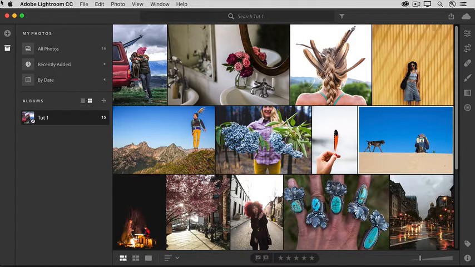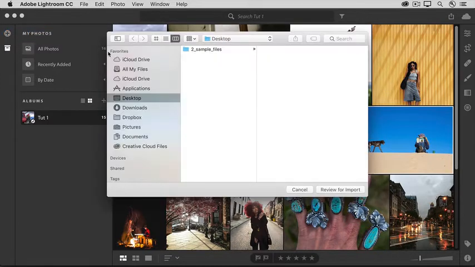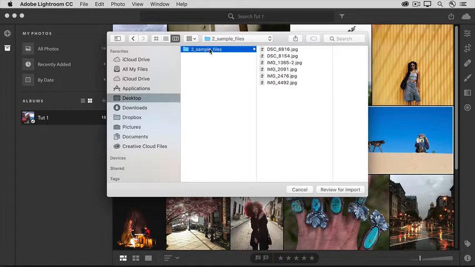If you're following along with the sample files for this tutorial or with your own photos, add those to Lightroom CC as explained in the first tutorial in this series. To remind you, download the sample files from the tutorial page and then click the Add Photos button in Lightroom CC. Navigate to the sample files for this tutorial, tutorial number 2 in this Get Started series. Select the sample files folder and then click the Review for Import button on a Mac or the Choose Folder